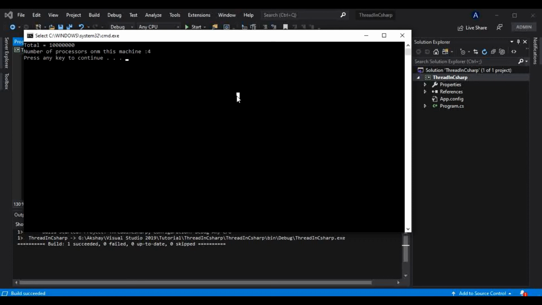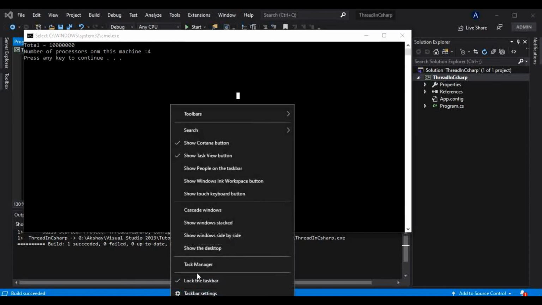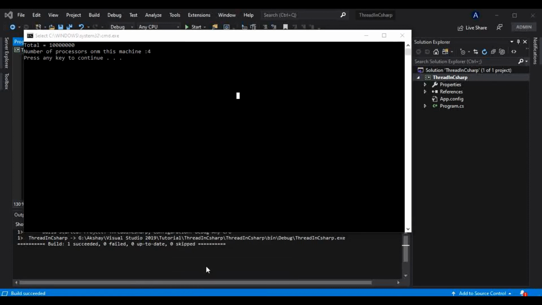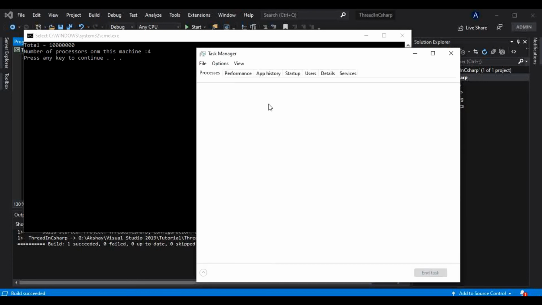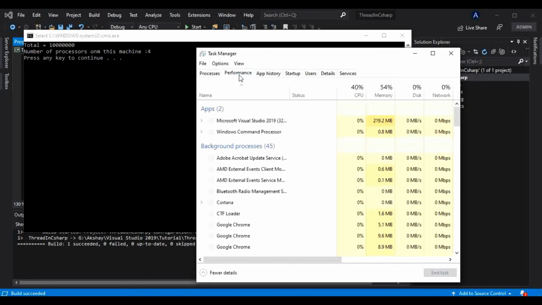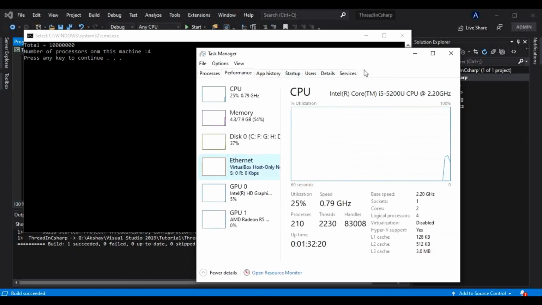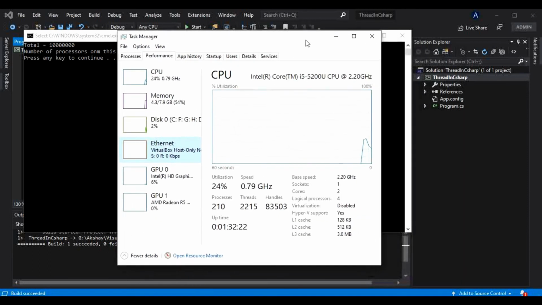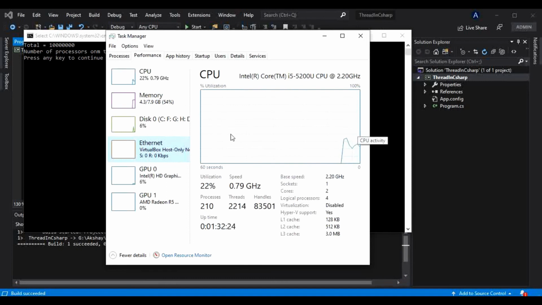And to prove that, I will right click on the taskbar, go to Task Manager, and in the Performance tab we can see only a single processor.